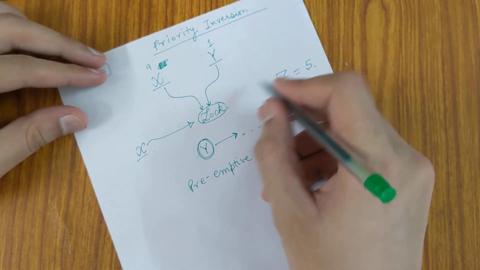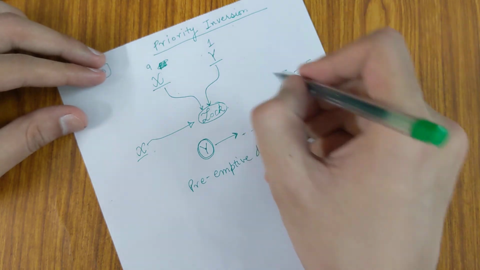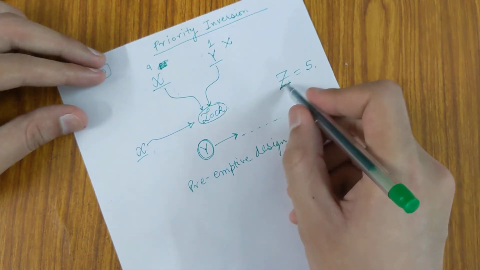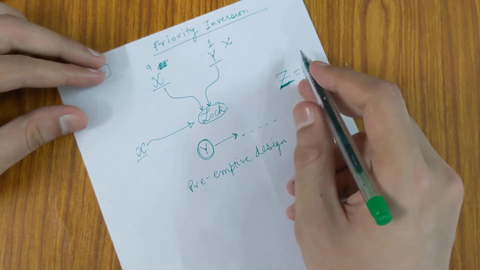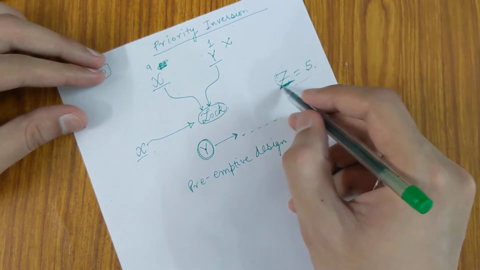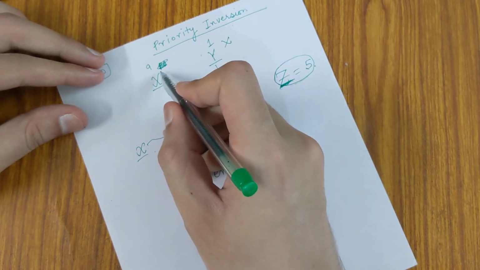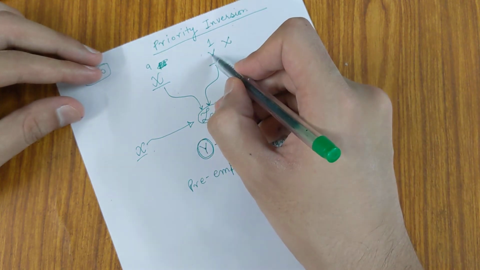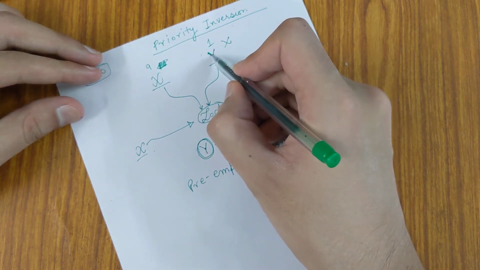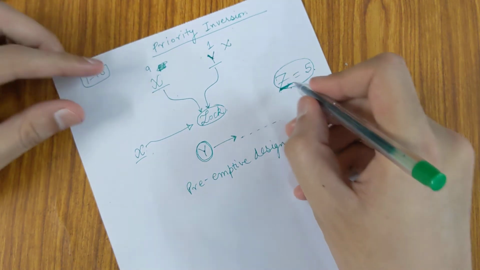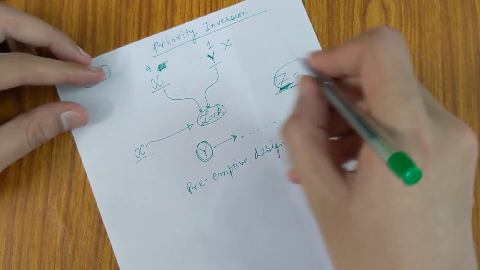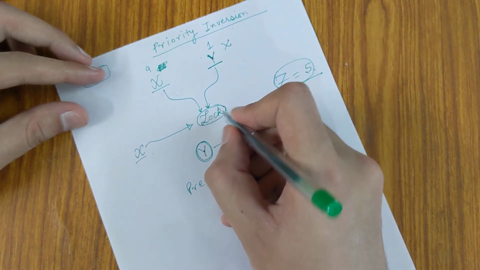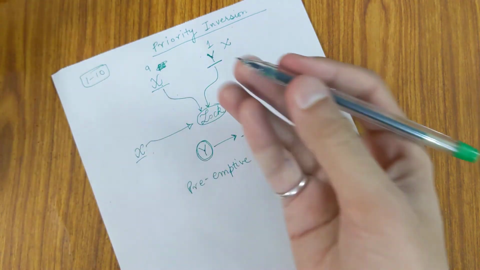So this process doesn't require any kind of lock, so it will just stop Y in between and start its execution. Hence X's wait will increase because now Z is executing and the process Y has not yet released the lock. So Z will complete its execution, then Y will execute, then when Y releases the lock, only then will X have the chance to execute.